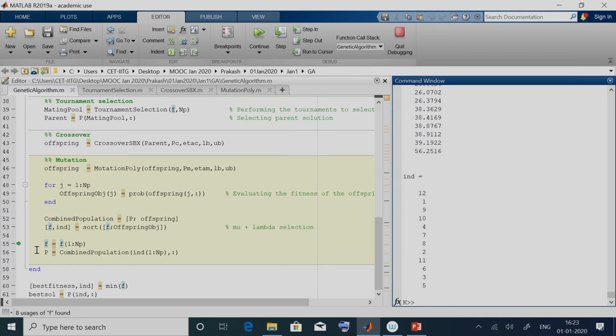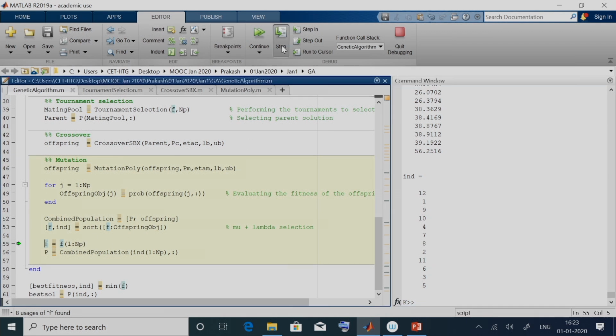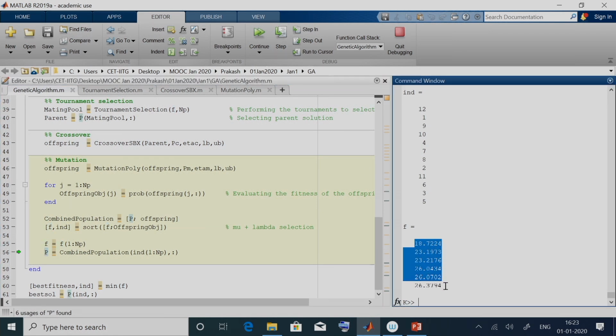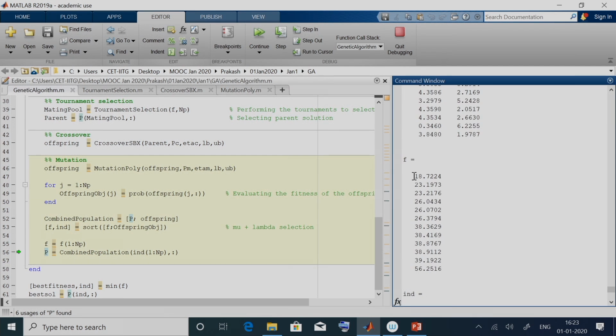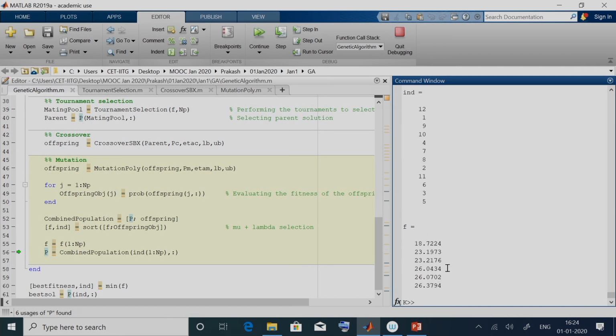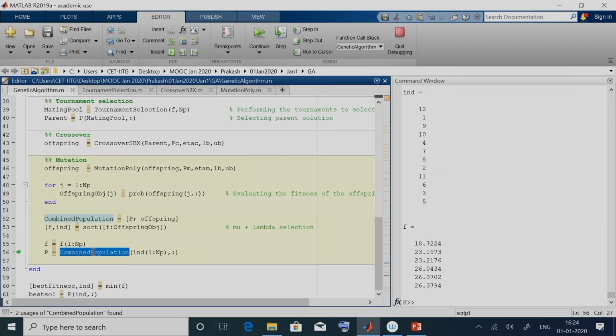Before extracting, we are reducing f to the first NP elements. NP is no longer 12, it is just the first 6 better solutions. These first 6 better solutions are taken and the rest of the values are discarded. Similarly, from the combined population we are extracting the NP best members.